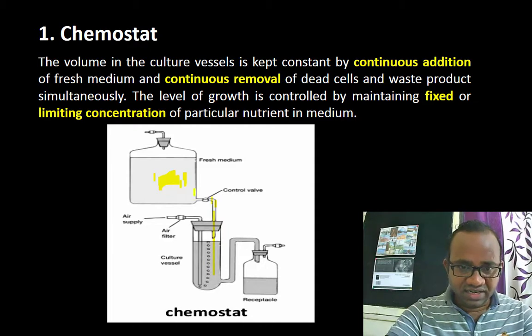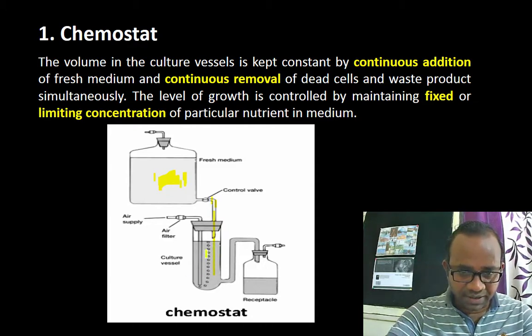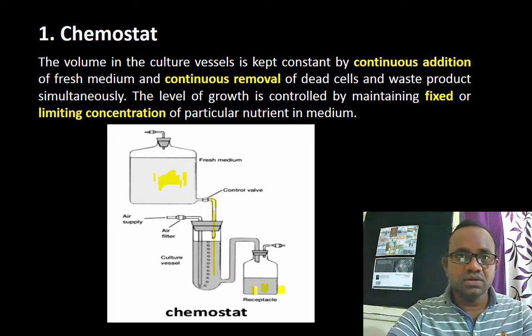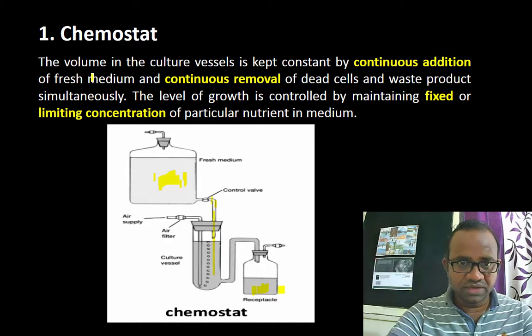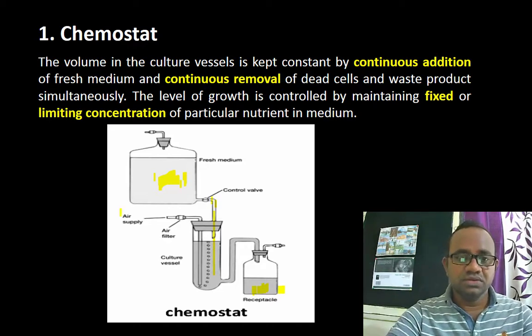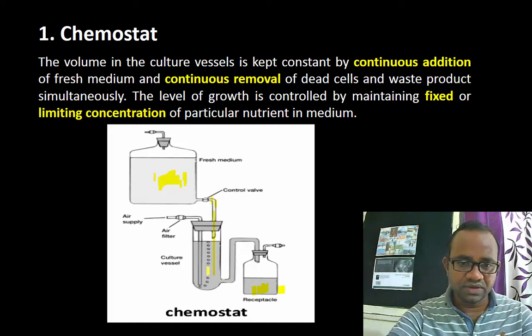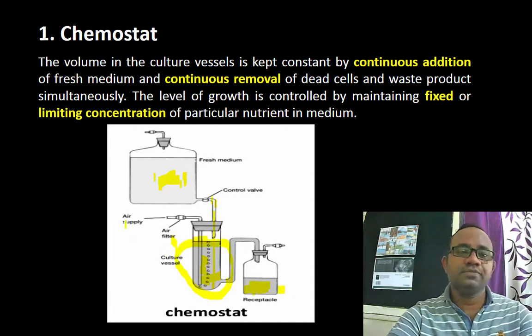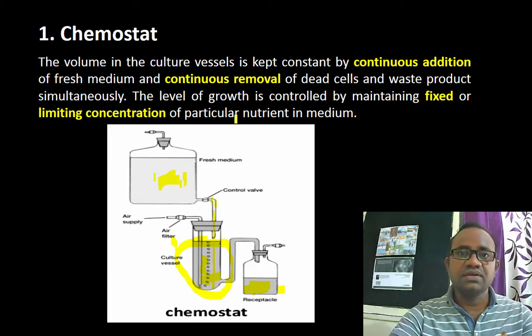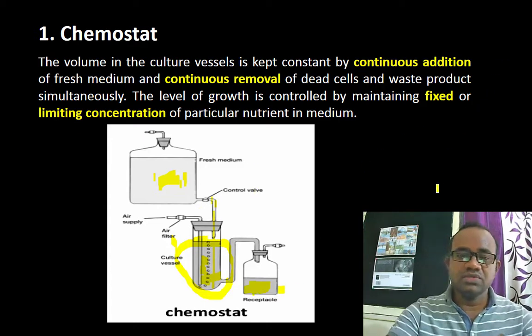So there is a continuous addition of the fresh medium, the bacteria grow rapidly here, and there is continuous removal of the dead cells here. Okay, so there is continuous addition of fresh medium and continuous removal of the dead cells. This addition and this removal is a continuous process actually. So the bacteria which we are growing here are our growing cells, and the dead cells are collected here. So we will have only the rapidly growing bacteria in this particular area, right? So this is the chemostat, where the operation is continuous, addition and removal are continuous.